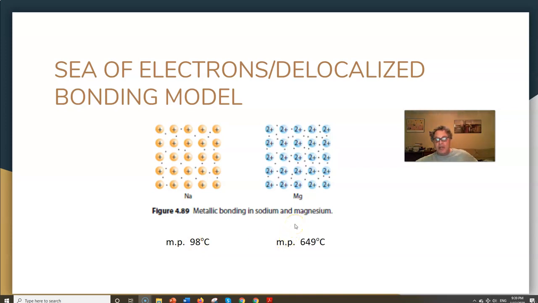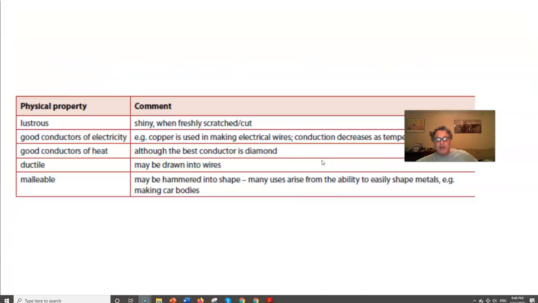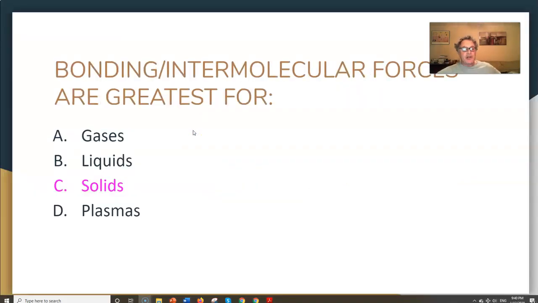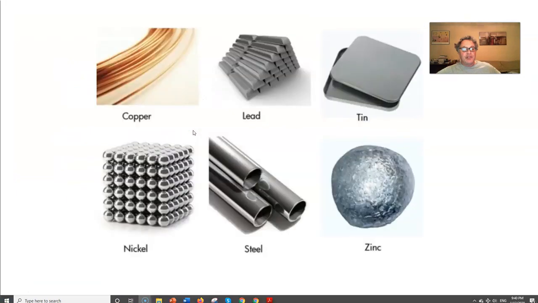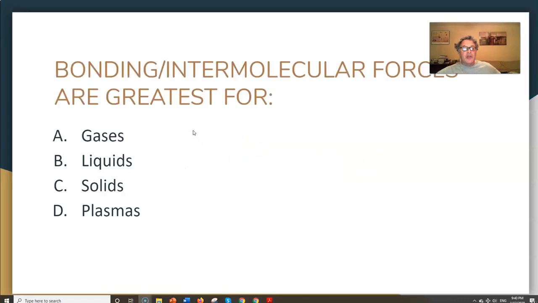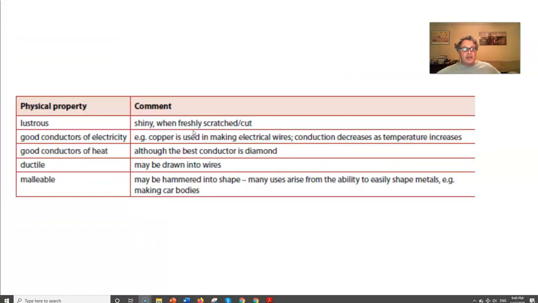All right, but I will tell you that this model explains a lot. It's a very powerful model, right? This explains why metals are ductile. They may be drawn into wires, copper wire. You've all seen copper wire, okay? They're malleable. You can hammer them into different shapes. You saw the different shapes of metals here, all these different shapes of metals. Very versatile. Okay, you can't do that with